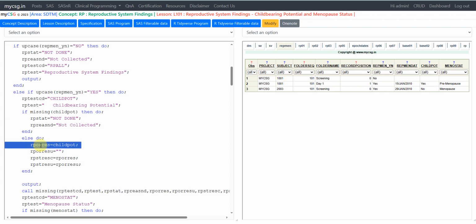We are assigning the value in child pod to the RPORRES variable. So we are additionally checking if the result is missing or not. If the result is missing, we are saying that the information is not collected or that the test is not done. So if child pot is missing, set RPSTAT equal to not done and reason as not collected. And otherwise, if the result is present, RPORRES is taking a value from the variable child pot,